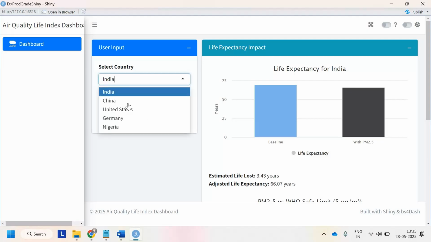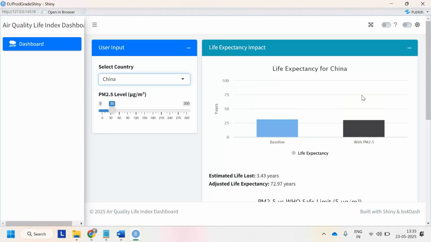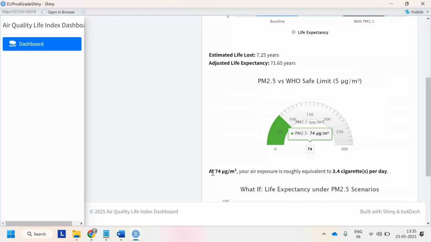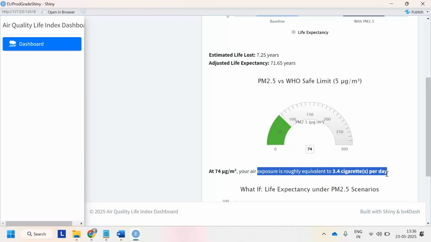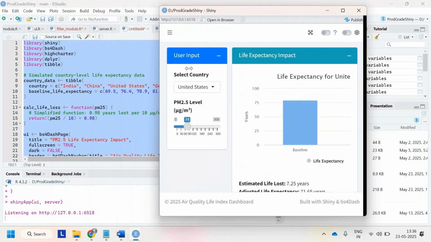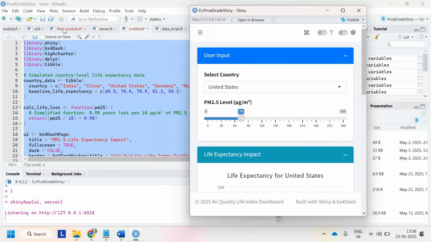So you can see this one is a filter. You can imagine it as a state filter. So if I change this, this one will get changed. And if I change here, this one will also get changed. And if you want to change a value like the PM 2.5 concentration, you can change the concentration, and based upon that, the values will get changed. And here you can see, at this concentration level, roughly how many cigarettes per day it is going to affect. So the message I want to convey, let me go to the backend section,